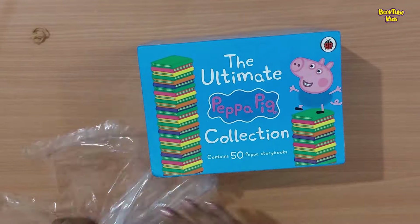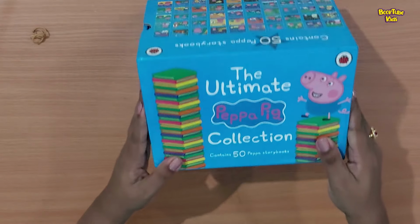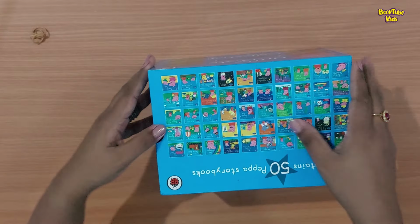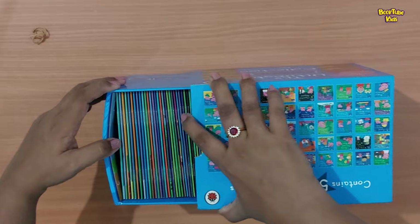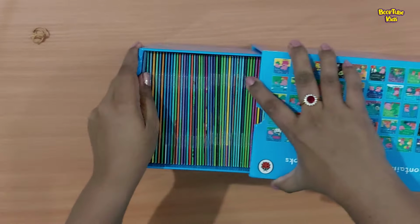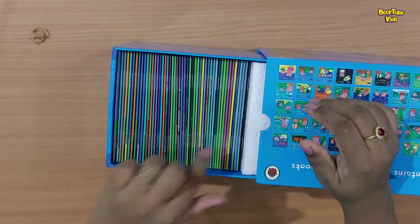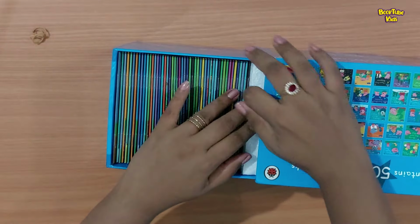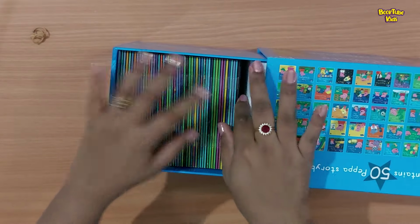Wow, look at all these books. This collection is packed with fun and colorful stories. Let's take a closer look at some of the books included. First, we have, check this out. We have